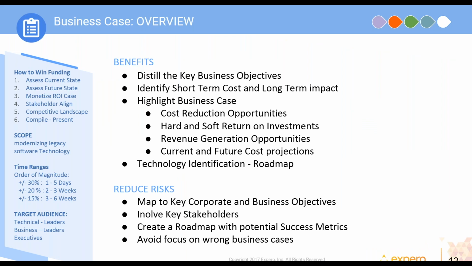Okay, so why is this business case ever so important? The first key here is just good business practice, which is the idea of distilling your business objectives, identifying potential short and long-term impacts based on modernizing your software, and then there's potentially a couple of different ways that we can look at this. We can either reduce cost, or we can create revenue generation, or potentially gap our product, and in some cases create a new roadmap for future funding or future products inside our business, or in some cases outside of our business.